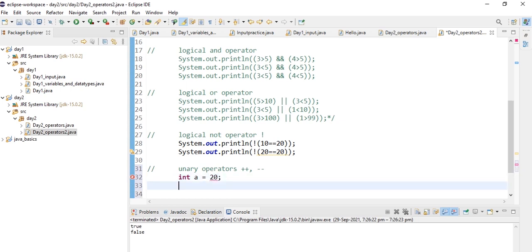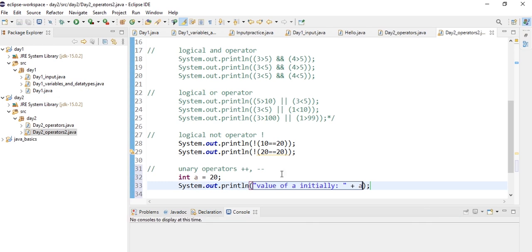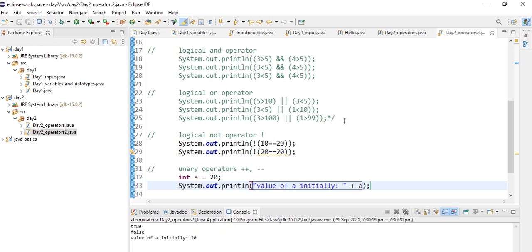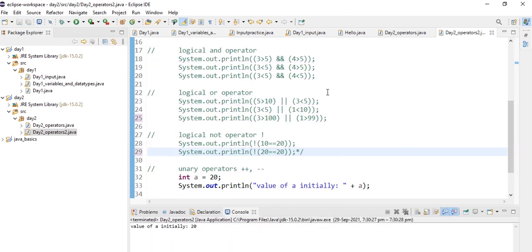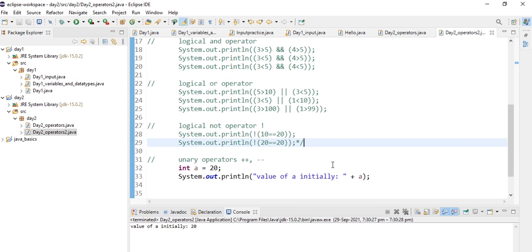Okay, and now let's print out to the screen the value of a initially, and let's put this program also in the comments so that we won't get confused. So the value of a initially is 20. Now let's use the increment operator.